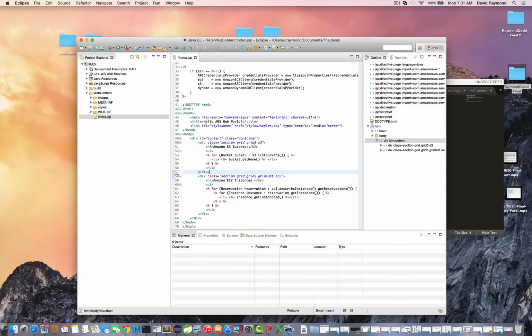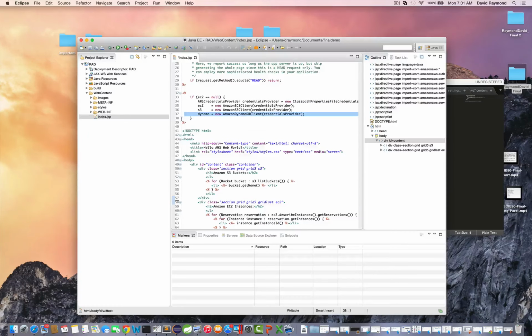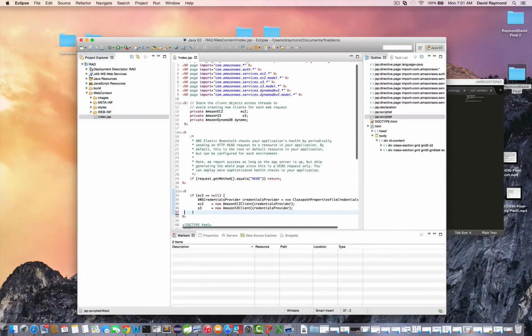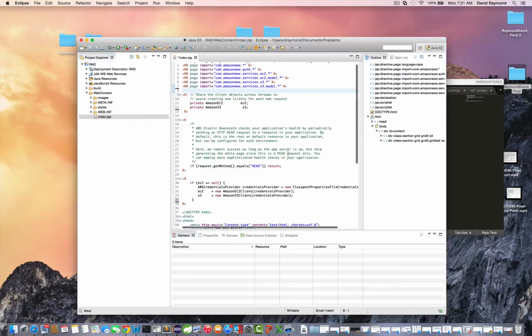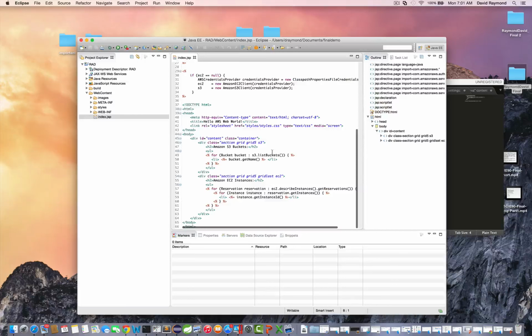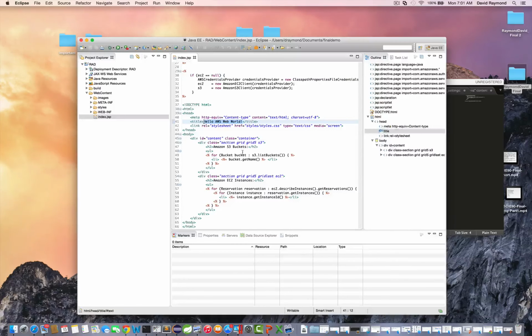All right, and then, in order to clean that up, we don't need Dynamo references anymore. So we're going to get rid of the credential reference. We're going to get rid of the variable reference at the beginning of the page, and then we're going to get rid of the imports for Dynamo library. Okay, and then the next thing we're going to do is change the title of the web page to Raymond Tech AWS dashboard,